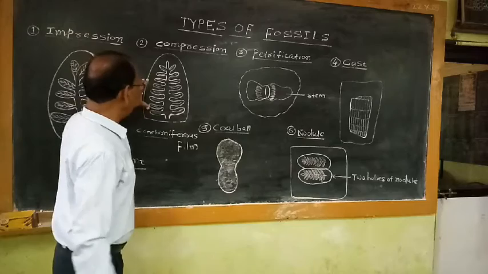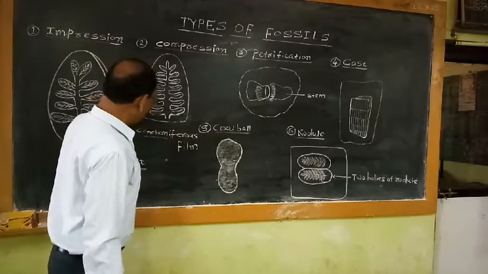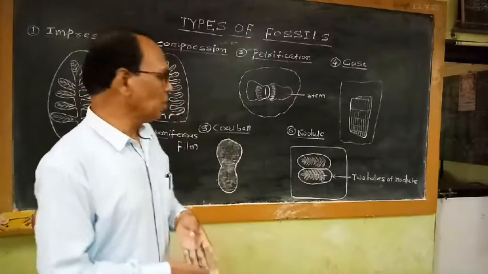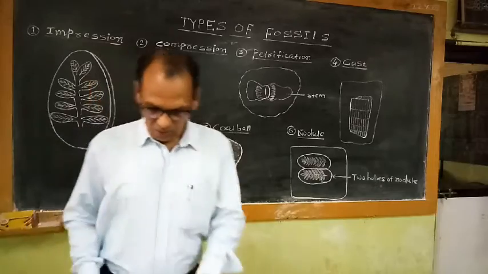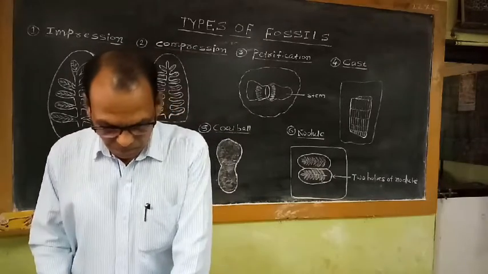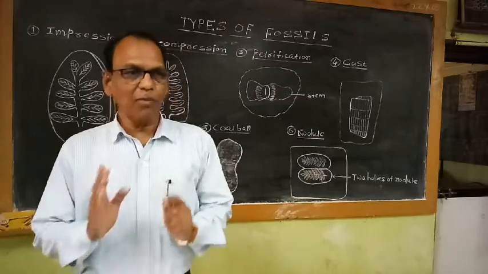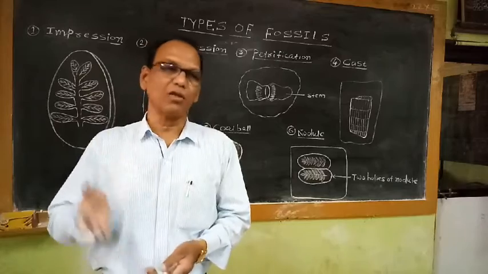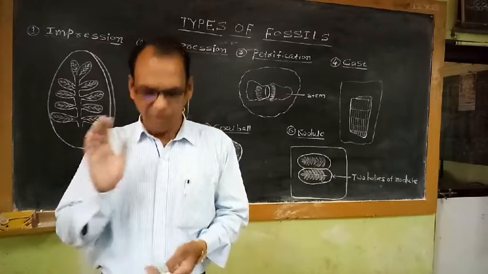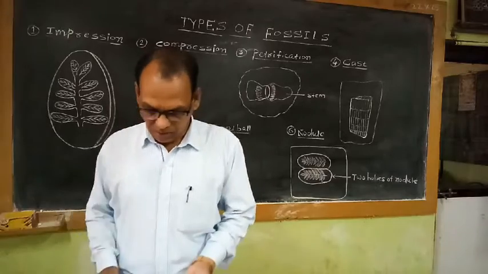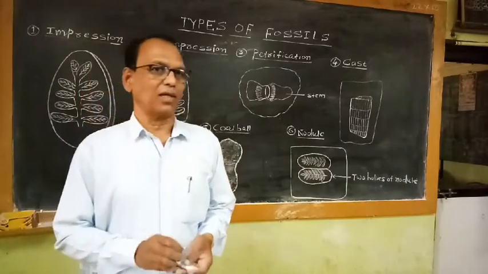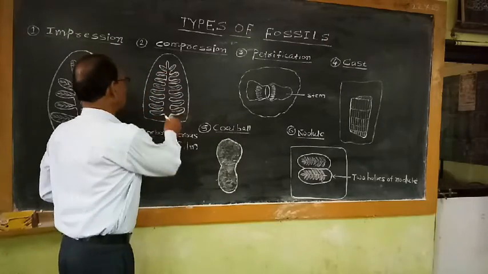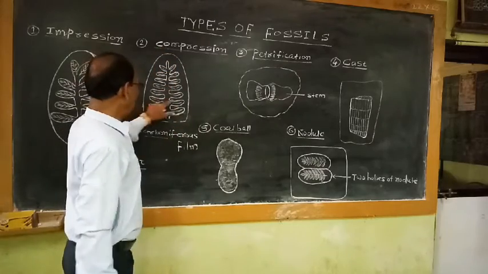So this is the compression of a leaf. This compression of leaf, after deposition of sediment, is converted into the carboniferous film. The part gets flattened, as I have told you earlier, due to the pressure of the sedimentary particles which are deposited layer after layer on the leaf, and this film shows the marking of the external characters. So this is the compression type of fossil. It shows only the border or marking of the leaf.